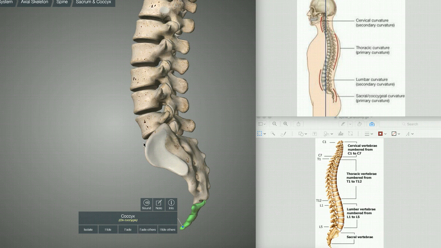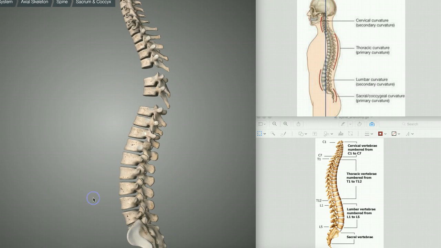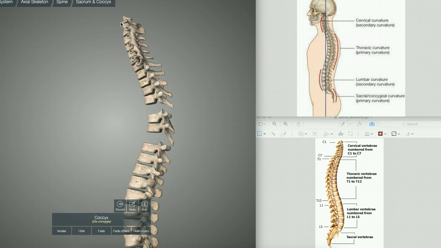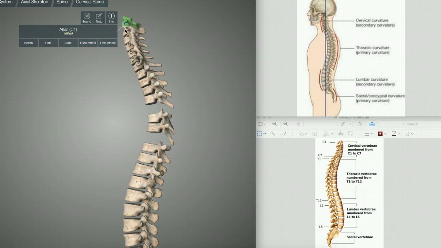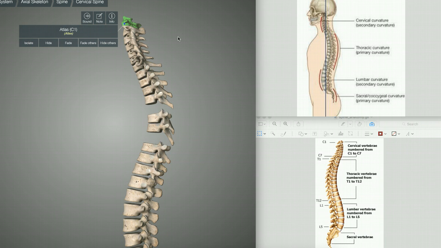So I hope, before I end this video, if I just have a quick recap of all the different regions. So you have your cervical region, C1 all the way down to C7. The first one's known as atlas, second one's known as axis. So the atlas is the one that goes through the foramen magnum. So if you don't know what the foramen magnum is, you need to go back and watch my anatomy tutorial on the skull. The foramen magnum is through which the atlas connects to the back of the bottom part of the head. And then from there, C1 all the way down to C7, and then the thoracic region, which is